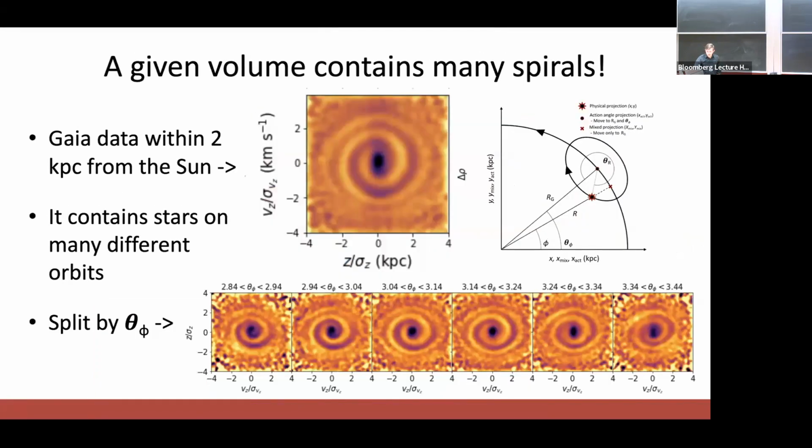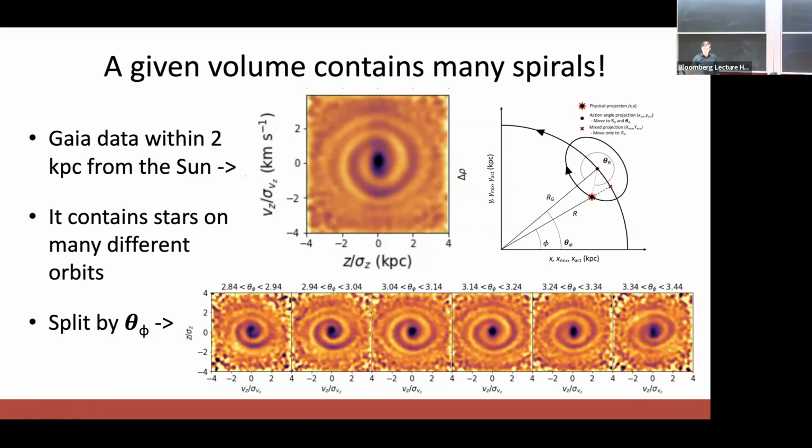The other things, as well as splitting by angular momenta, you can also split by, say, the dynamicist's azimuthal phase angle, the conjugate angle to the azimuthal action. For the non-dynamicists, this is saying splitting stars by whether they spend more time ahead or behind the sun on its orbit. If you do that same split, again, panels next to each other look very similar, but going all the way from the left to the right, you see clearly different morphology. So there's also that